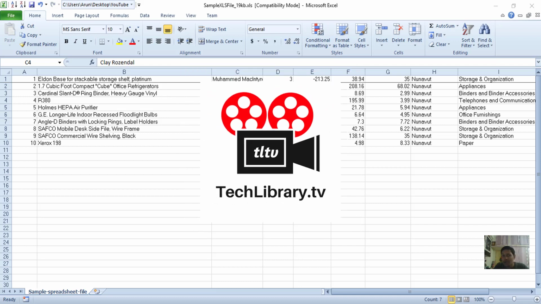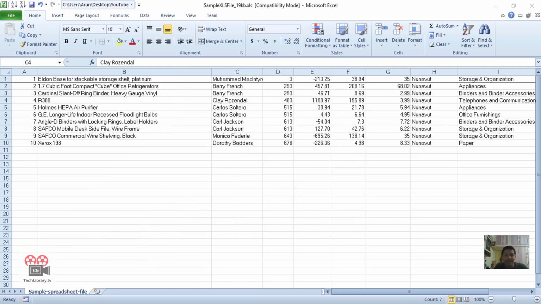In the previous video, we saw how to hide the cell contents in an Excel file, but that technique was a partial one as it still showed the contents in the formula bar right here. In this video, we will see how to hide the cell contents in an Excel file, not only from plain sight, but also make it invisible on the formula bar.